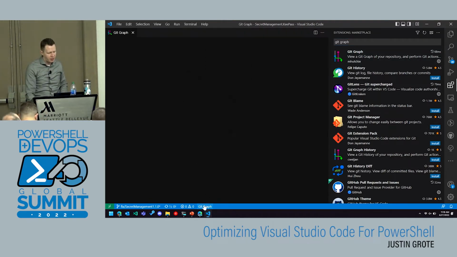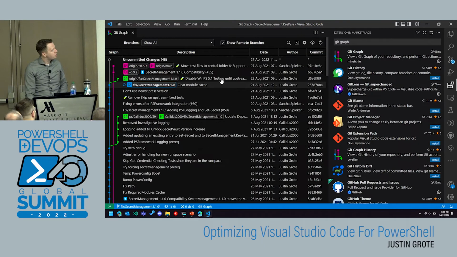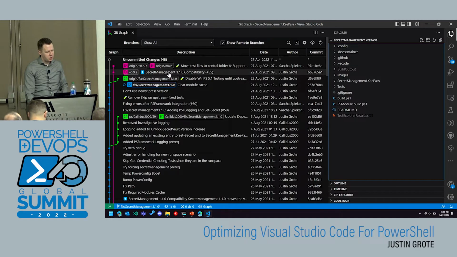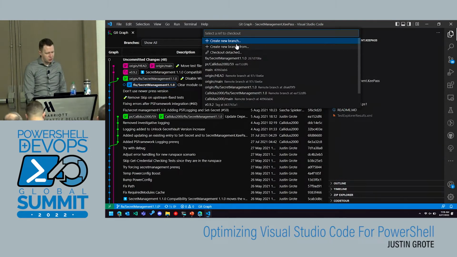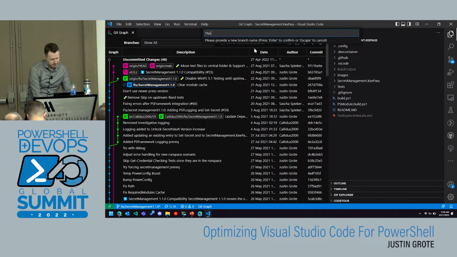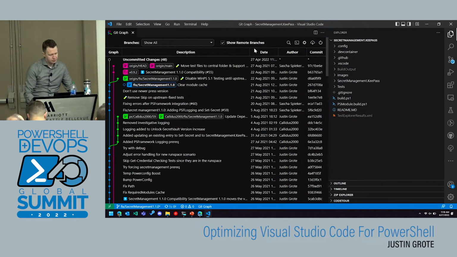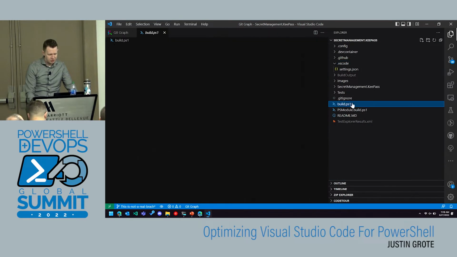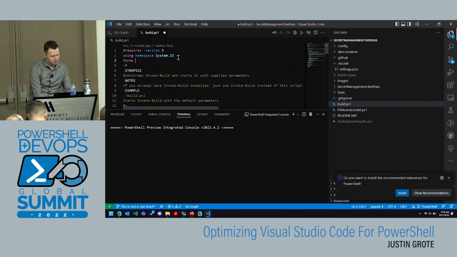So if I click this Git Graph, I get this really nice view of my entire repository. And I can see what branch I'm on, other branches that are going on, and the status of where everything is. So, I have my fix of secret management. We'll go and just do a new branch here. And so now there's my new branch. And if I want to go here and take something, and we're just going to take my build and say,